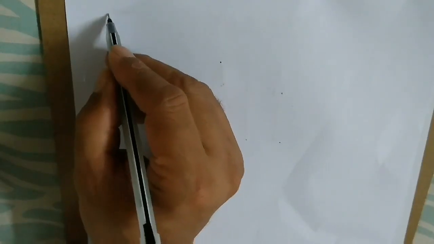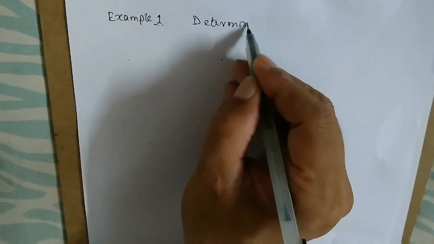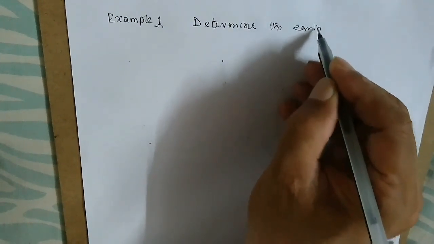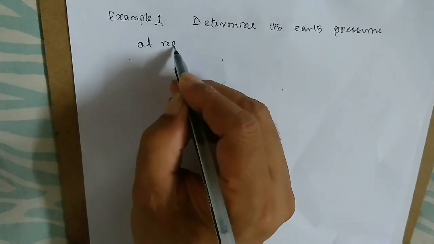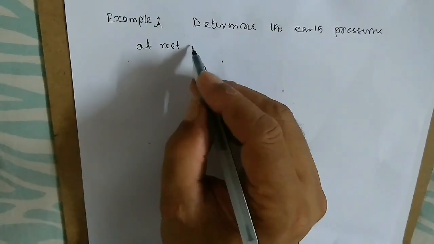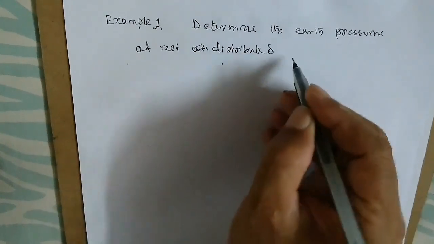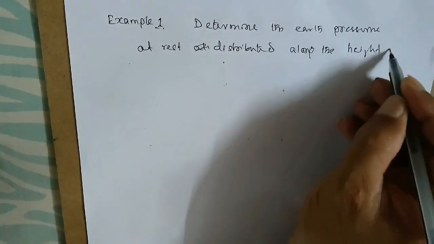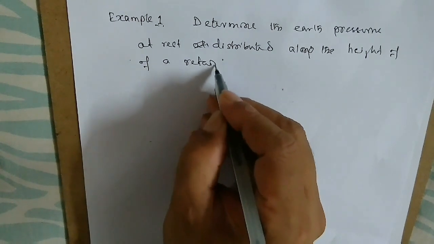Example 1: Determine the earth pressure at rest distributed along the height of a retaining wall